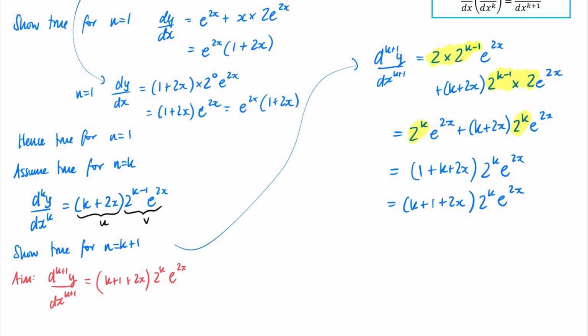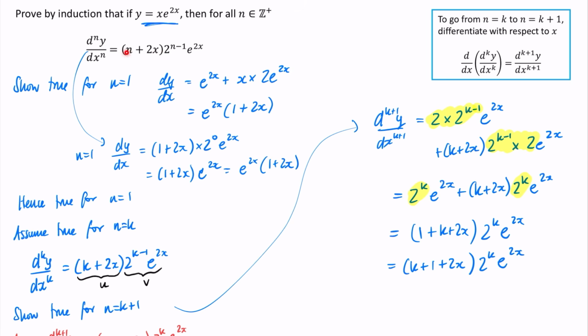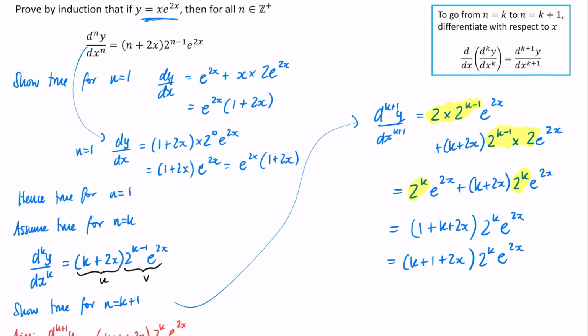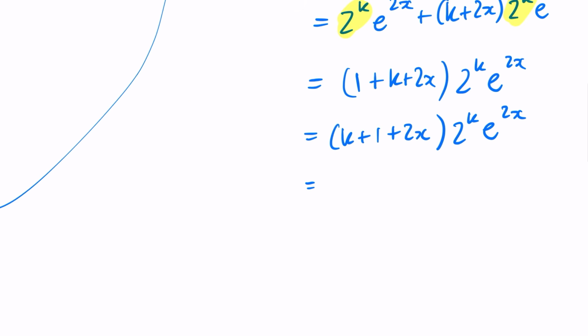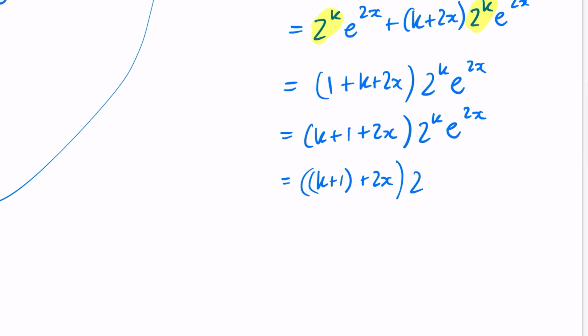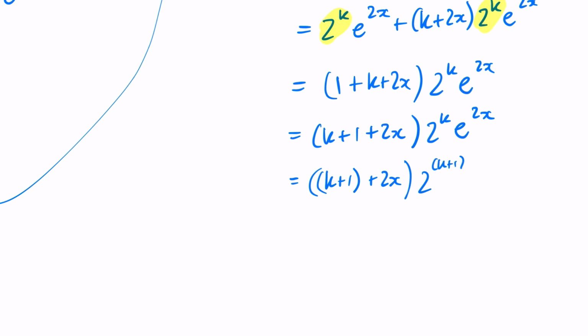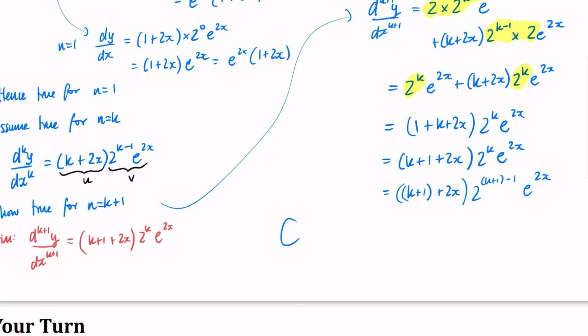Now, if we really, really wanted to make this look like the exact same thing as this form, but with n as k plus 1, sometimes I like to do that. I might say that instead of k, there is k plus 1. And instead of this part, it was previously, what was it, an n minus 1? It's a k plus 1 minus 1 e to the 2x. And then I'm going to write here,